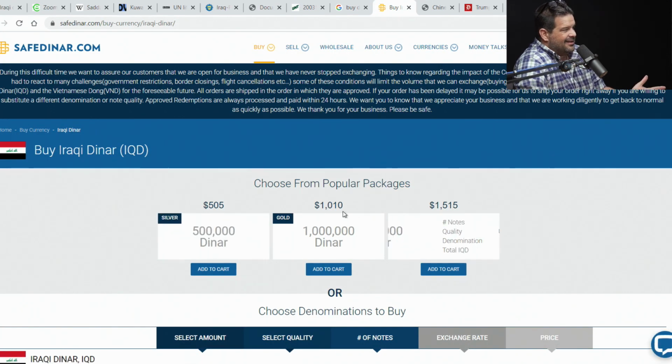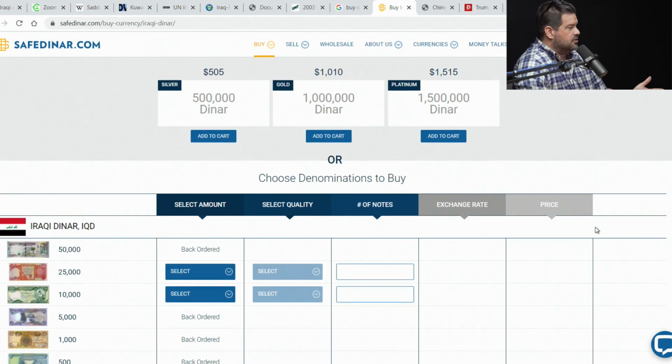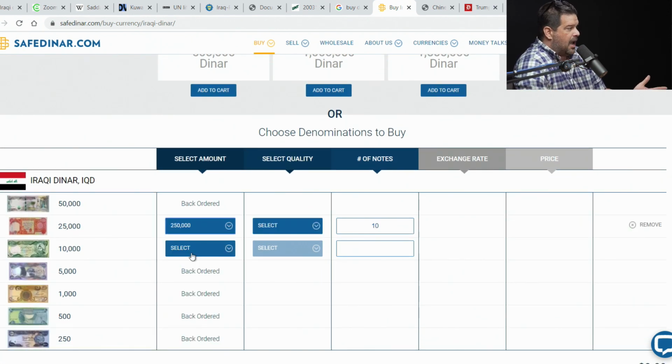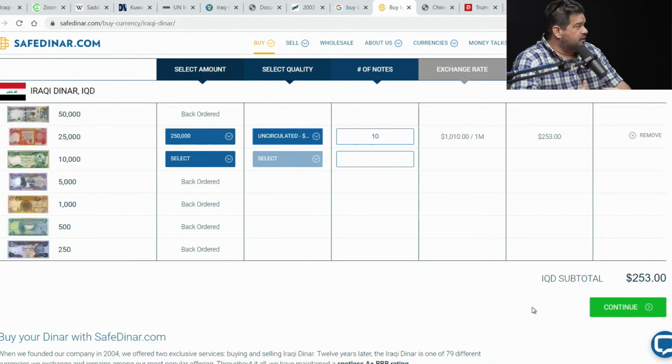And when you click on that, they've got these little specials, it's 500, 1,000, 1,500. You can go into the section and you can say, I just want $250, select 10, and you get the uncirculated currency. It costs you $253. So you get 250,000 dinar for $253. What that means for you is you will have the hard currency bills of Iraq, and those bills will come out to 250,000 Iraqi dinar. You paid $253 for that. If it goes back to $3, that would then make those 250,000 in currency bills that you have